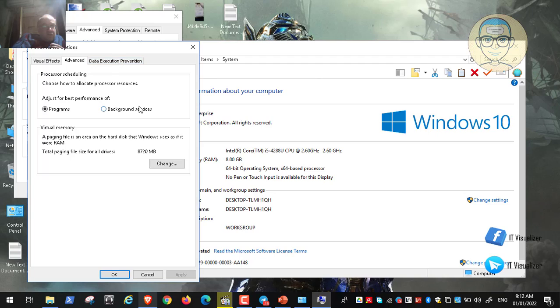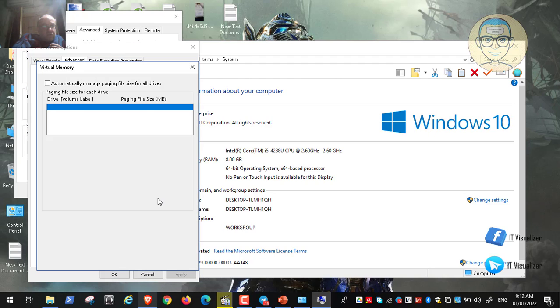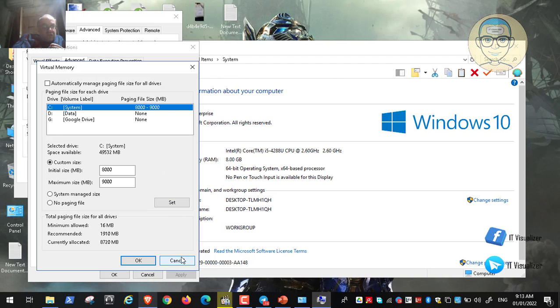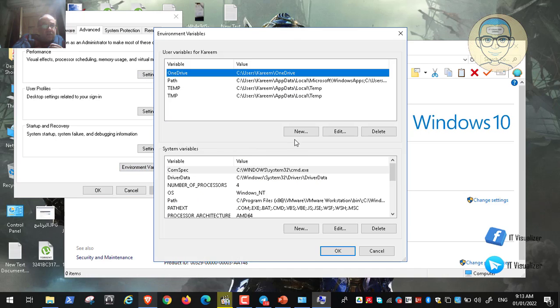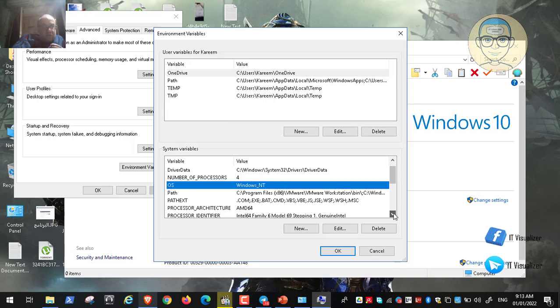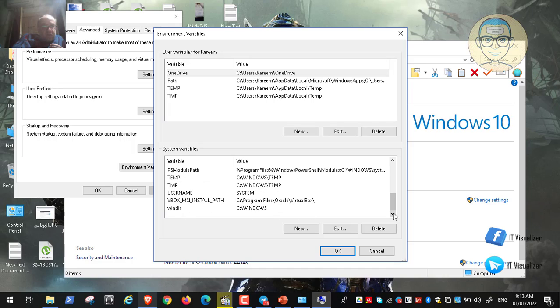Maybe change, no, not this one. There is something related to the environment settings here, environment variables. This is the one. So here we can see these are variables concerning the hardware. Some of them include the path and some other things. Anyway, I think it is talking about these environment variables.